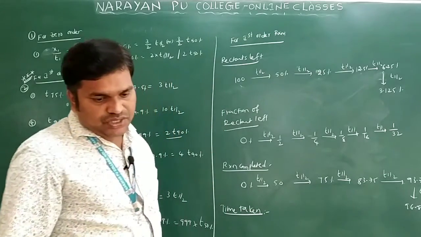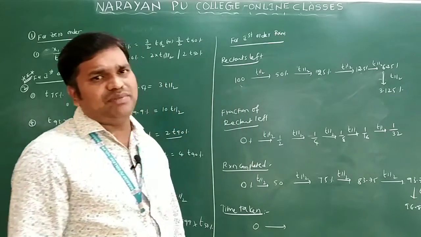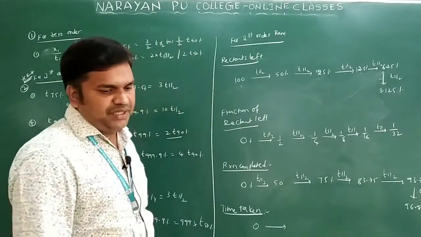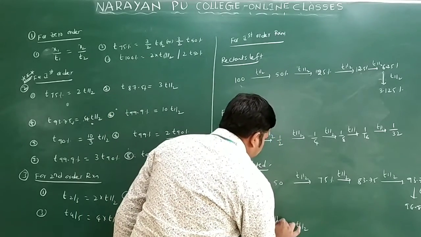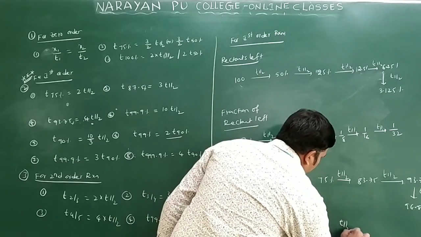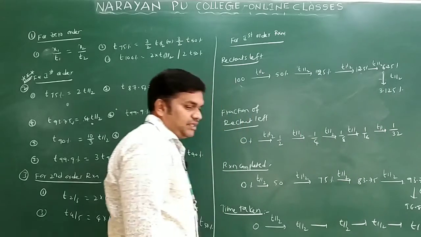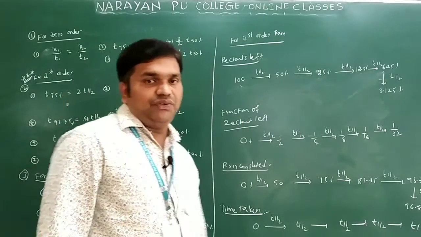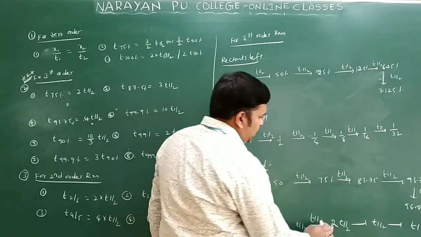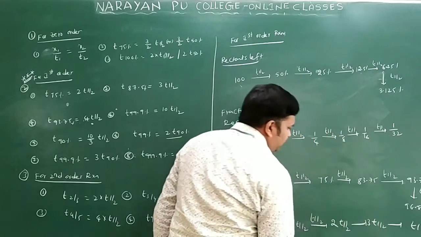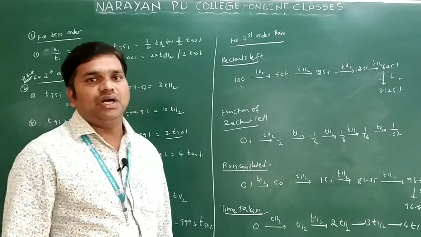Time taken here, right? So time taken means here I'm writing 0. Initially the reaction is not complete, so it is 0% I'm taking here. So I'm writing here T of, and I'll write here one more T of. Clear now? So initially we have T of. You want to add here this T of. What will you get here? 2 T of. Here 2 T of plus T of, 3 T of. So 3 T of plus T of, what will you get? 4 T of. Then you will get 5 T of, and so on.